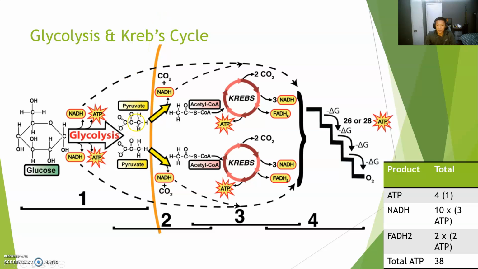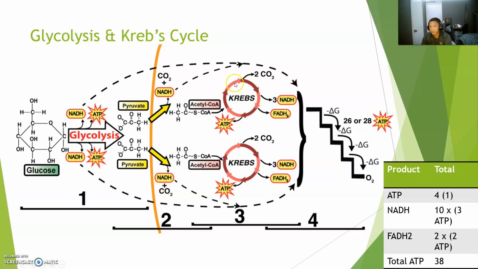So now we have pyruvate. It's going to have to enter a preparatory phase to turn into acetyl-CoA before going to the Krebs cycle as well. Pyruvate must oxidize into acetyl-CoA, releasing NADH and carbon dioxide. Then the acetyl-CoA can go through the Krebs cycle, or the citric acid cycle, in which the acetyl-CoA is going to combine with oxaloacetate